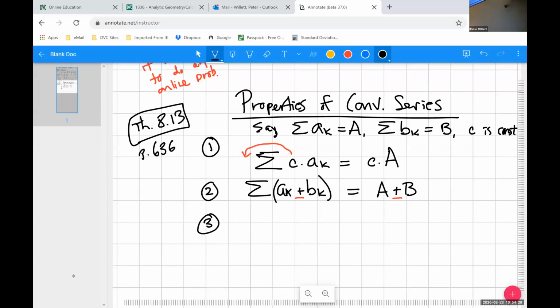So the third one we probably want to look at and at least try to understand. Basically the first one says if you're multiplying each term by a constant, you can pull that out of the series. And if you have terms that are created by adding up individual series terms, then you can do those separately when you're considering a convergent series. But the last one says, if m, some number m, is a positive integer,